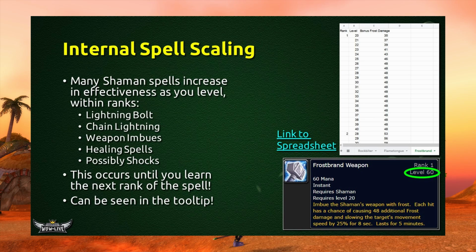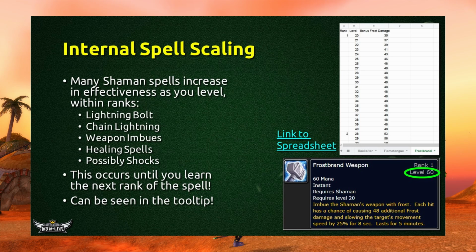Now what's really interesting is that Pogren went back to our PTR based on a certain private server, and he was able to determine that internal spell scaling was also occurring, but it wasn't overtly showing in tooltips. So this is something that is likely core to Vanilla WoW. Private servers also coded it properly, but the only big difference is now we're seeing the changes. Definitely as you're leveling, just hover over your spells and look at the differences, and you'll see them actually increasing